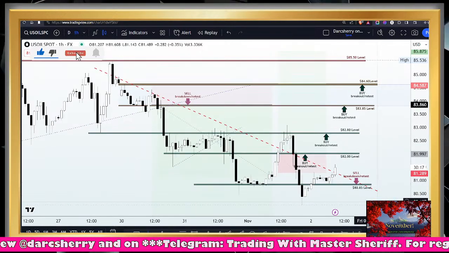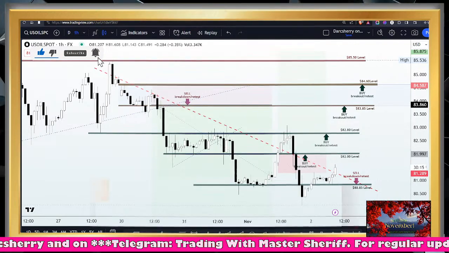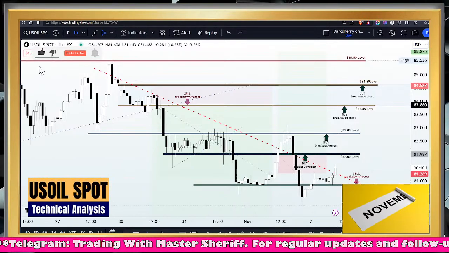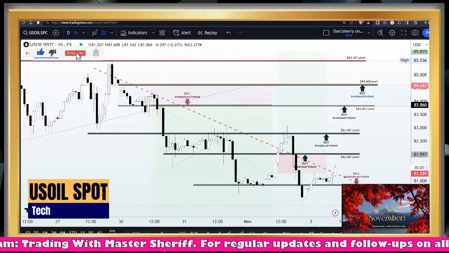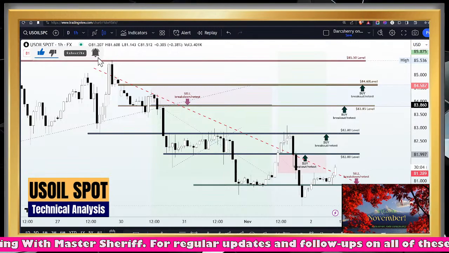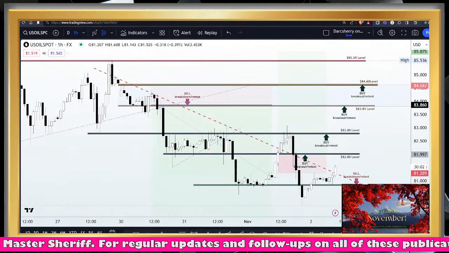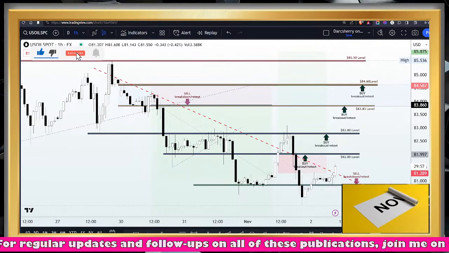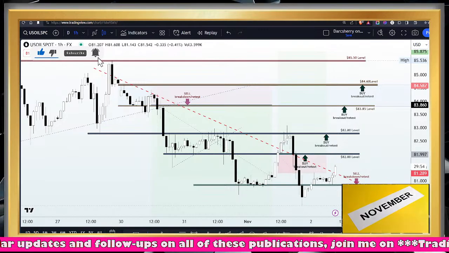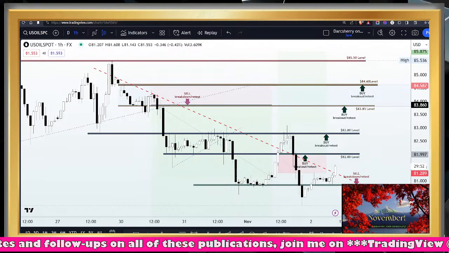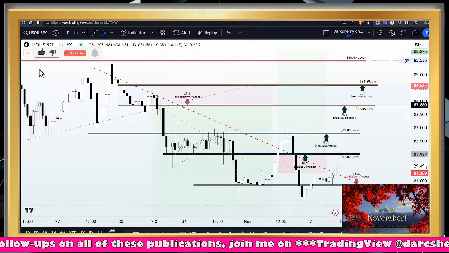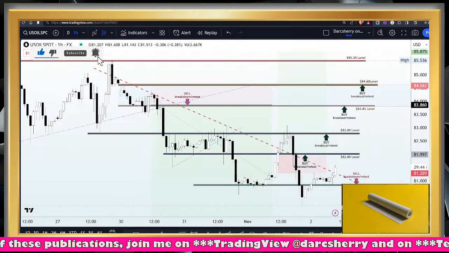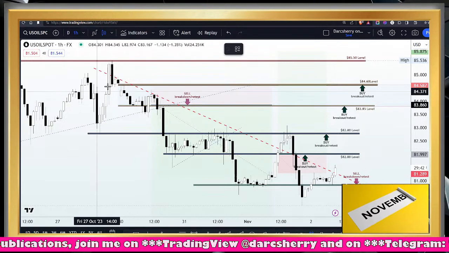All right, so the chart is up right now. The first asset we are going to be looking at this morning is the US Oil spot. And from a holistic standpoint here on the 1 hour time frame, it's quite clear that price action has been in a downtrend, as price continues to find lower highs and lower lows since the beginning of this week. Now, during our live session yesterday, first of all, let me state that we have been selling the US Oil spot since the beginning of the week after observing that range between